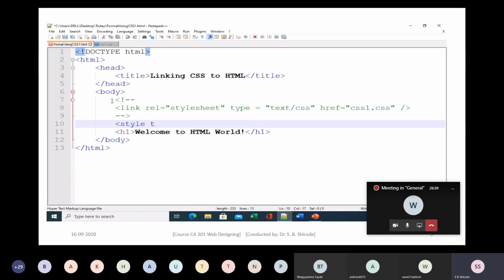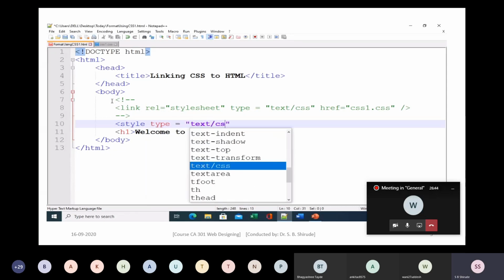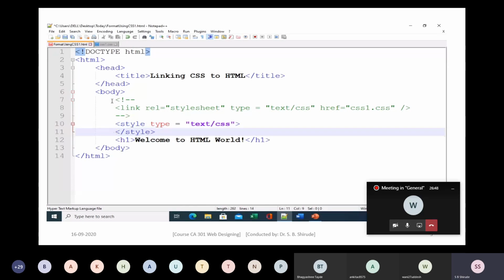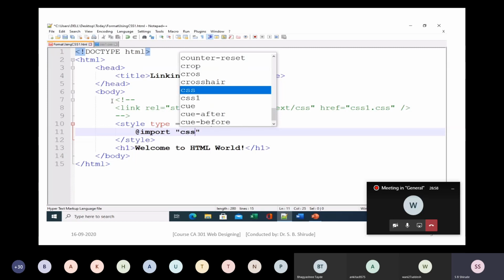Now let me code the second way, which is by making use of style and the import directive. So style type is equal to text/css, @import, again give the name of the file in double quotes.